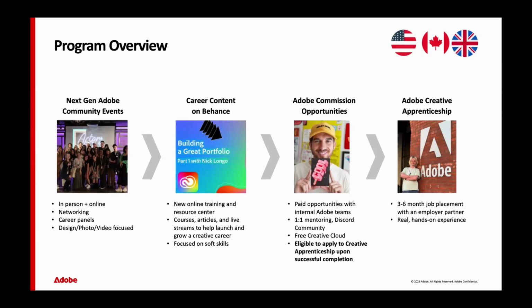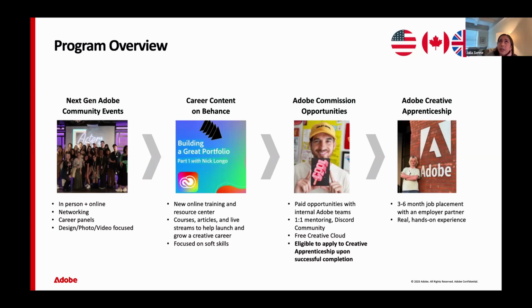I just saw through the requirements. I did go through this once because I was trying to get an apprenticeship through Adobe, but I saw that you have to apply to a commission project. Is that the only thing you can do? You can just apply or attempt and then you get accepted to an apprenticeship?